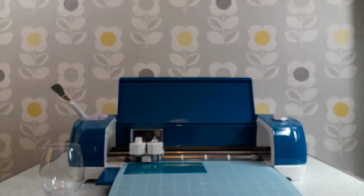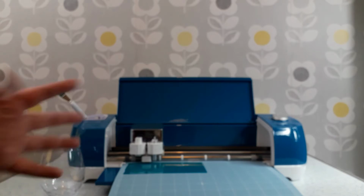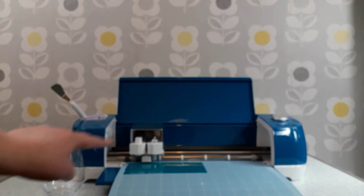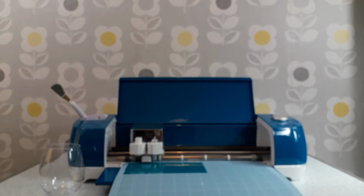Okay, so the Cricut machine has actually finished cutting now. Something I don't really like, it just makes a funny noise, almost like a really quiet dial-up tone. I can see it's flashing, but I can just hear this noise. It's not annoying, but it makes me wonder, is it meant to be like that? And I can only assume it is. So that's that. I'm going to come back to that in a minute